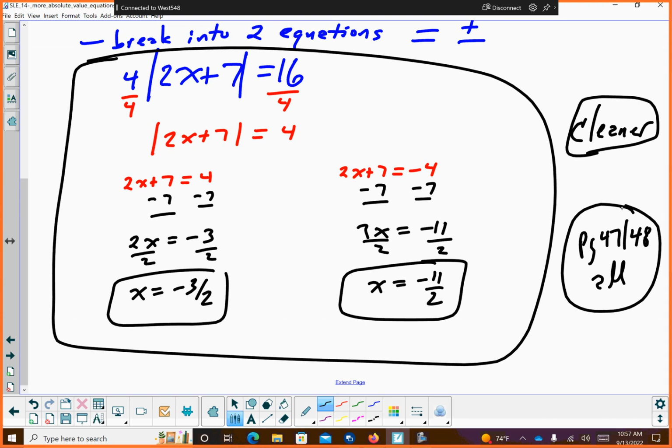So let me clarify for people. Okay, when you have a non-complex absolute value, so like x plus 3 equals